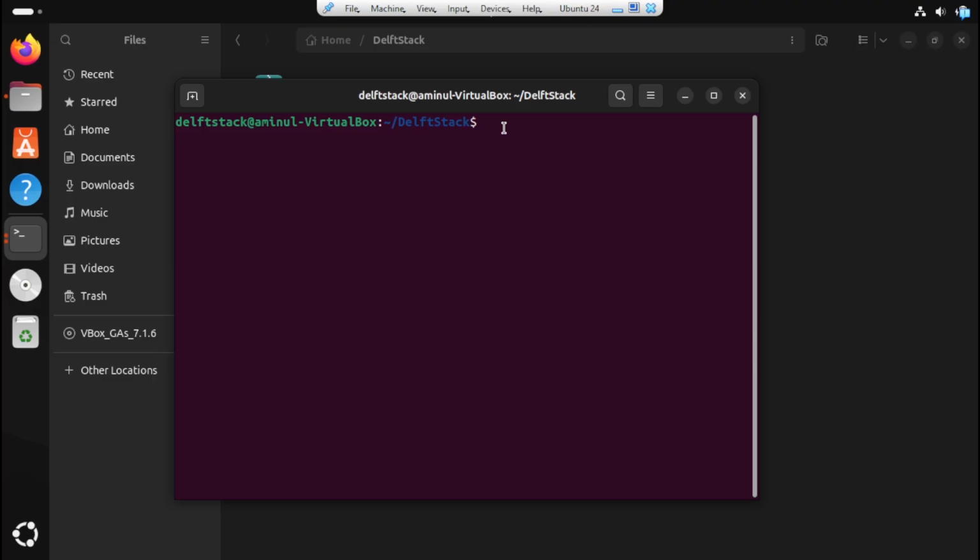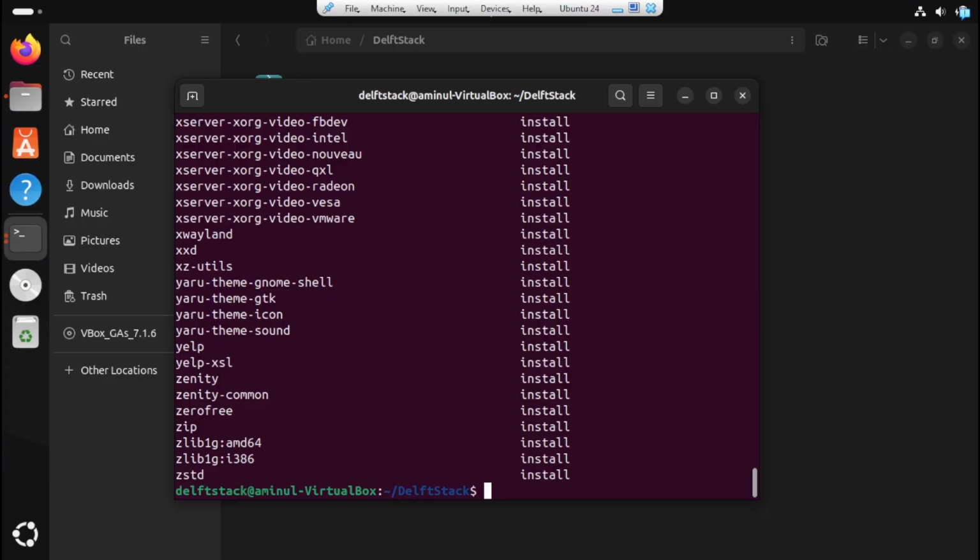Let's say we want to look at all the installed packages on our system. To do this, we are going to type the following command. Now, if I want to save the output, which is the list of installed packages, to a file,